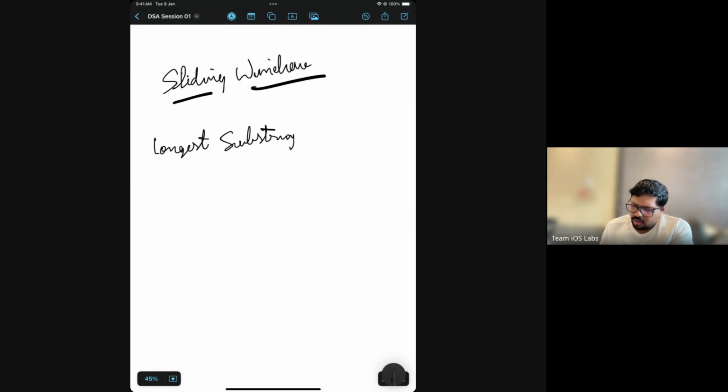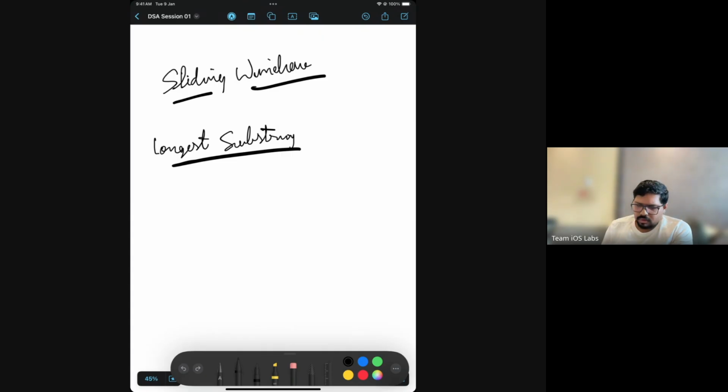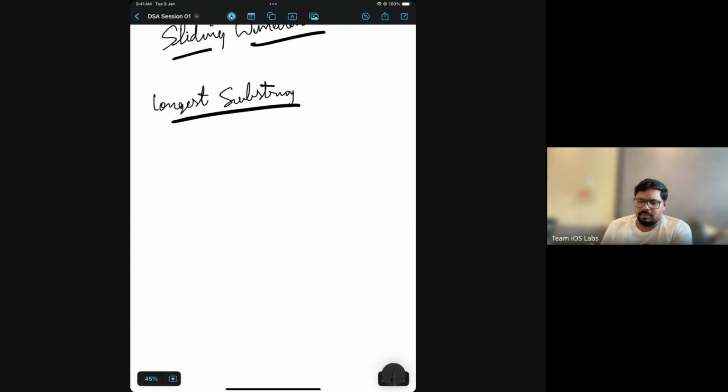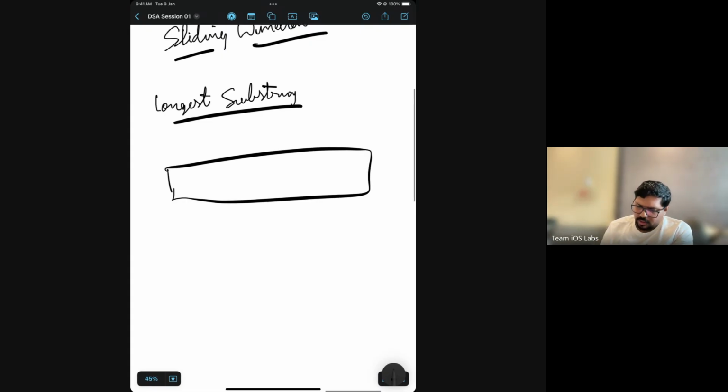Longest substring. Even in the string format, we can consider it as an array. I'm considering string as an array, because internally string and array are similar. So let's take an example of this itself. Any string we can take: A, B, C, D, E, F.